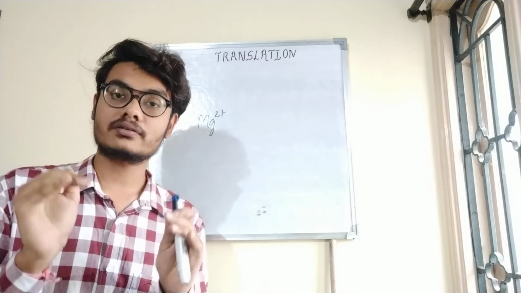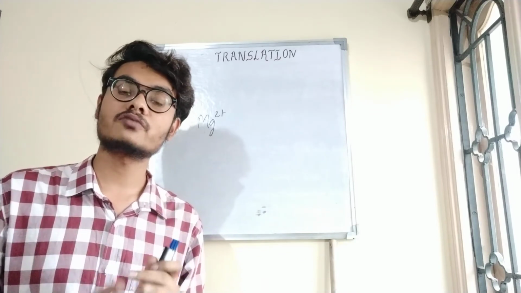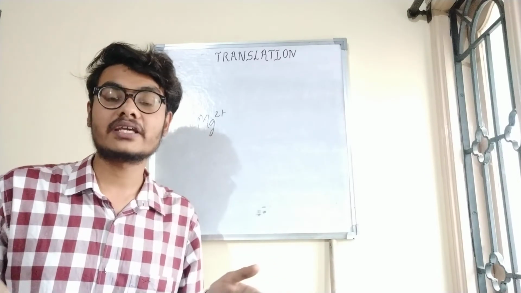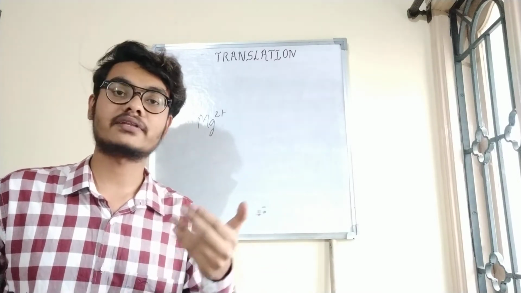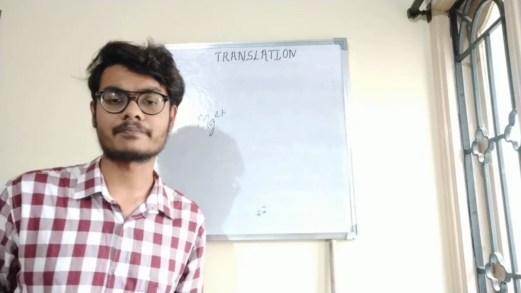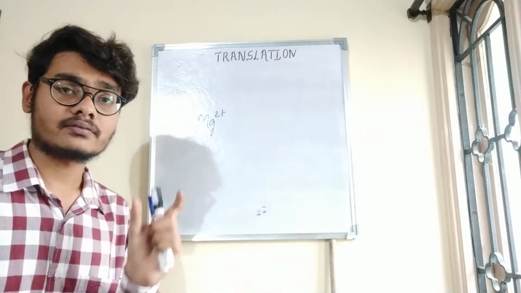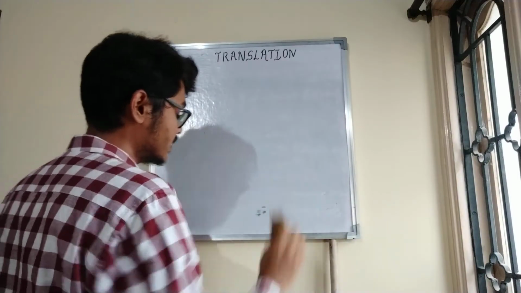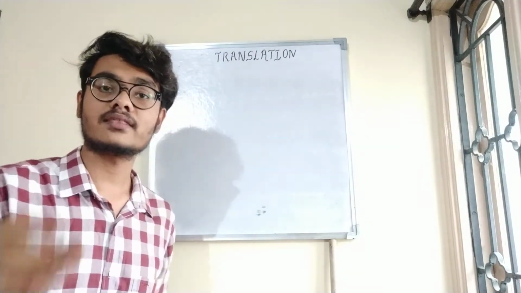If it is not at a required concentration, what happens? Then they will move apart. If there is more concentration, then there will be dimer formation. So they need to be in a required concentration. That's all about assembly of ribosomes.